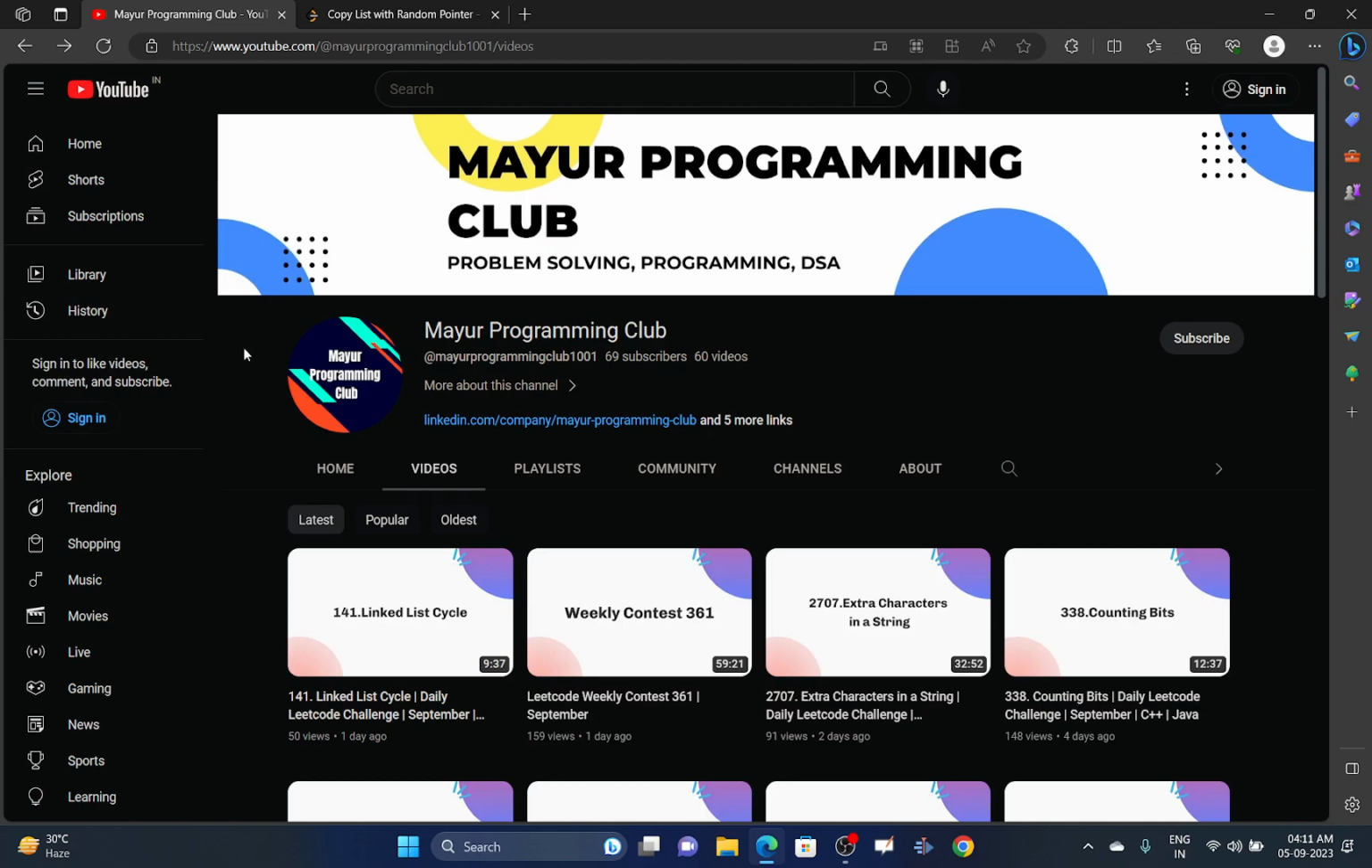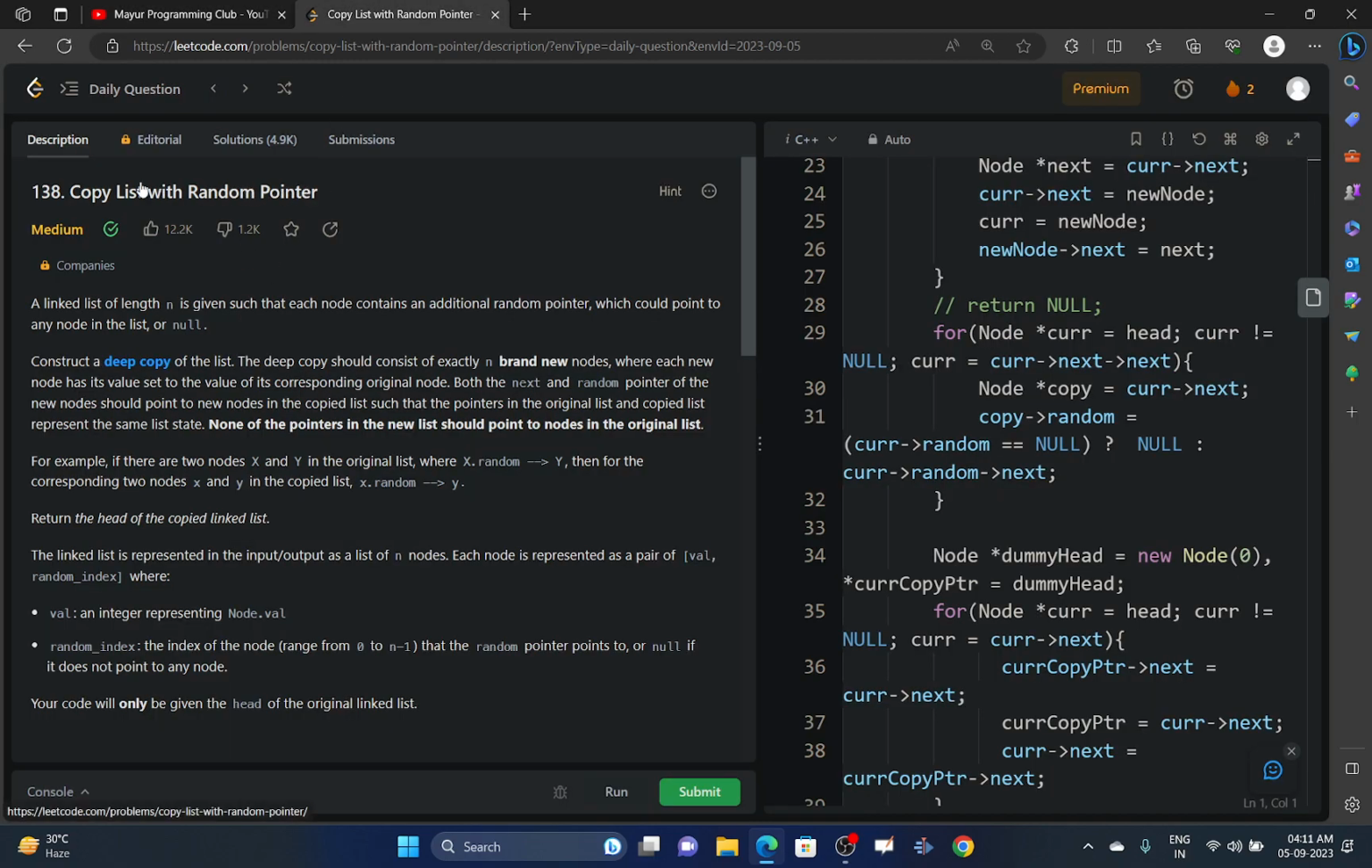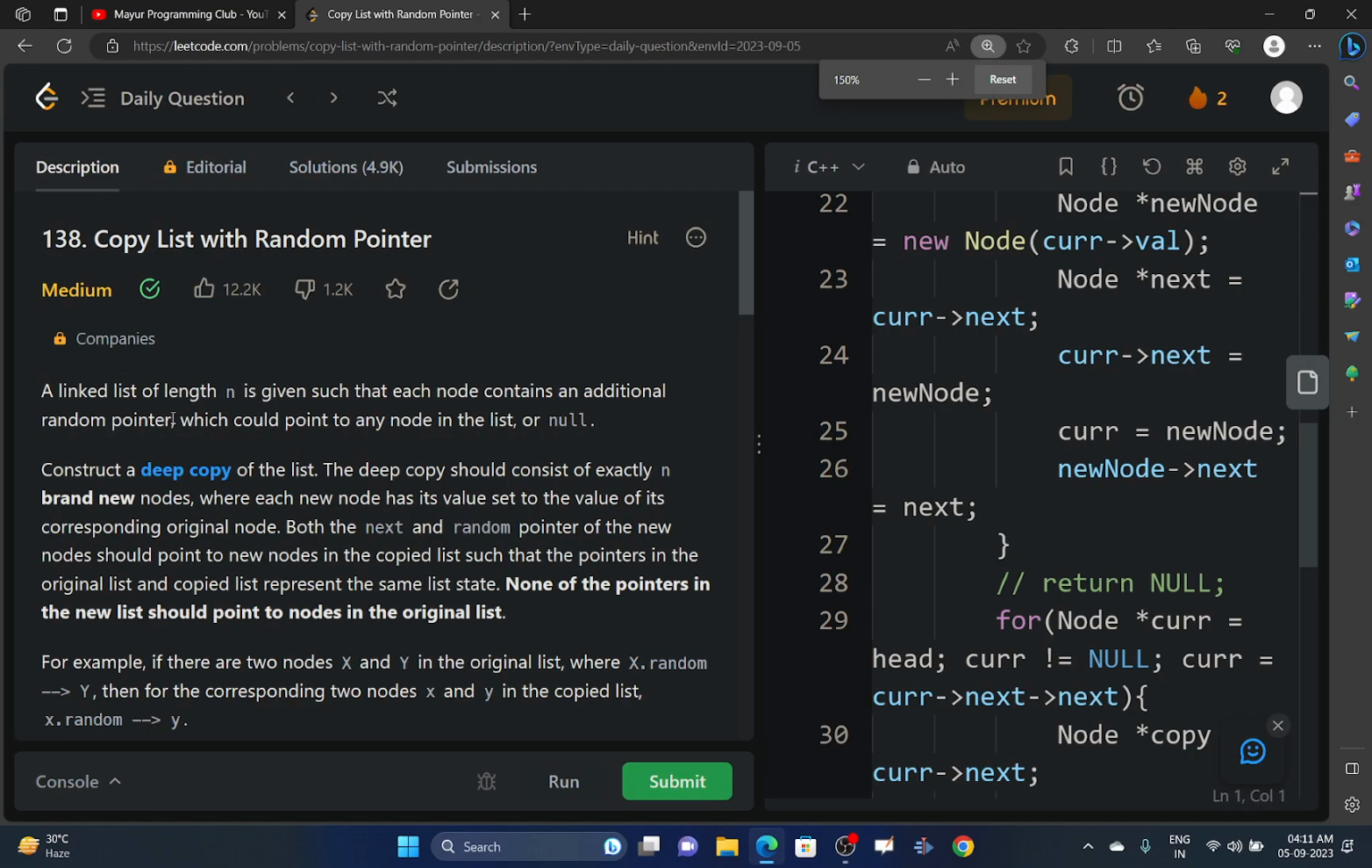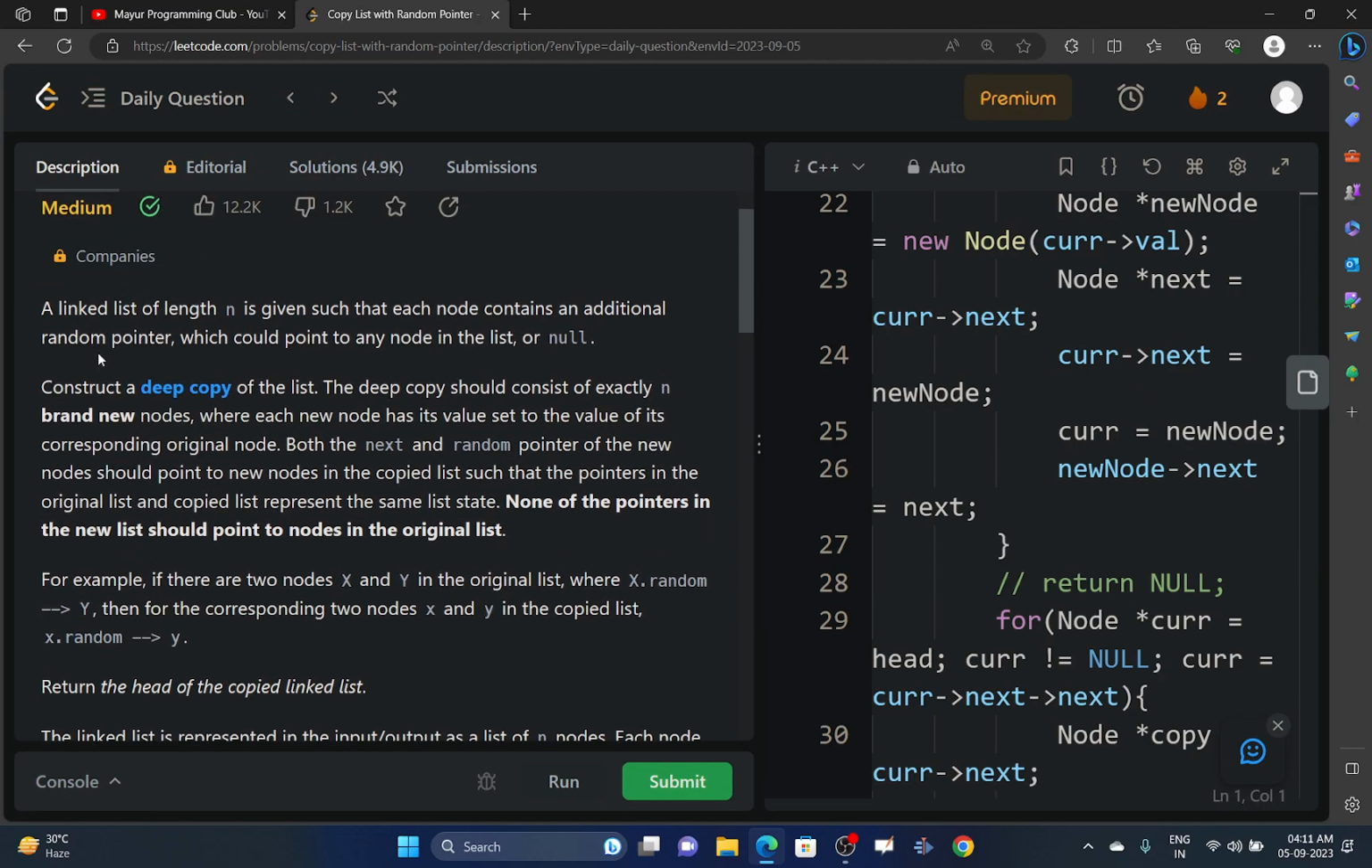Today we will be solving another daily Leetcode challenge, and the challenge name is copy list with random pointer. So you are given a linked list, and each node contains an additional random pointer besides the next pointer, which points to the next node in the linked list. And the random pointer can point to any of the nodes in the list, or it can be null. You have to construct a deep copy of the list,